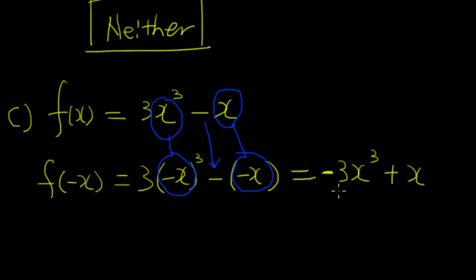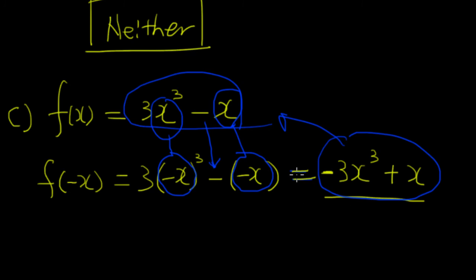Now we need to check whether this is the same as the original. Is it the same as this? No, they're not the same, right? We have negative and positive, not the same. Next thing that we should check is whether this is equal to negative, I like the color, negative f of x. Right? We should check